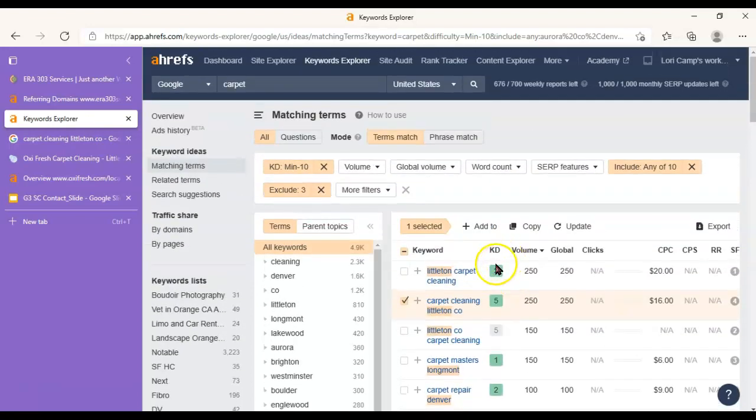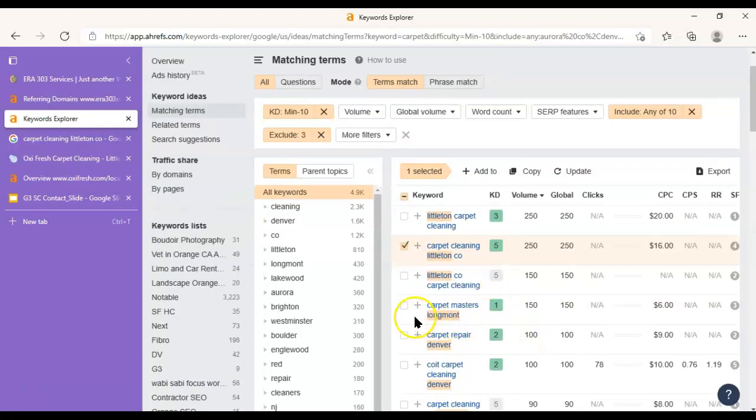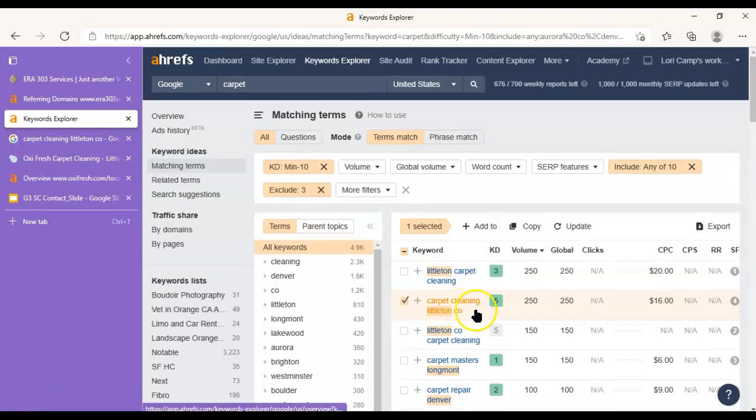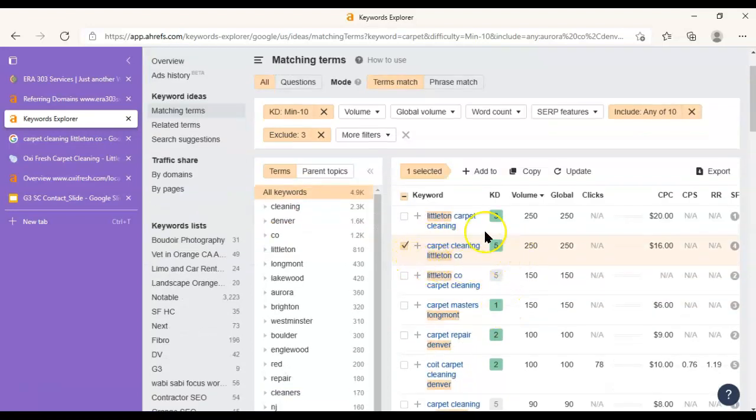So these 3s and 5s here, and this one, oh my gosh, although this is actually probably not a good one because I think this is a brand. You can save your images as a competitor's brand name, but it might just be a little bit of a waste, because if somebody's looking them up by name, they probably are pretty set on going with them. Okay, so now that we've decided on a key phrase to use in our website, carpet cleaning Littleton, Colorado, for example,